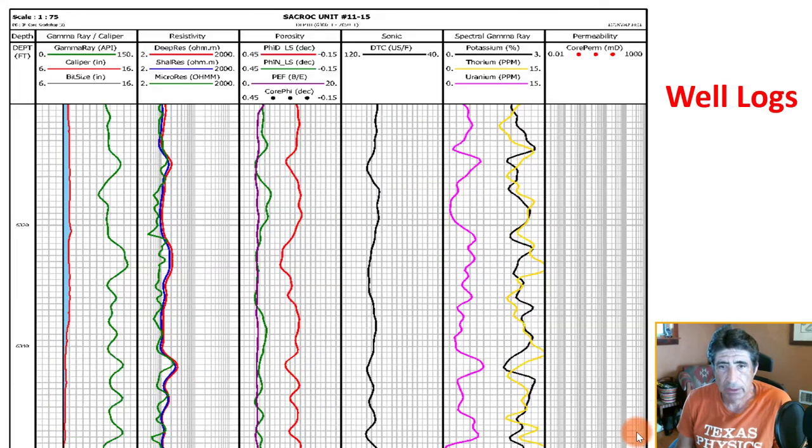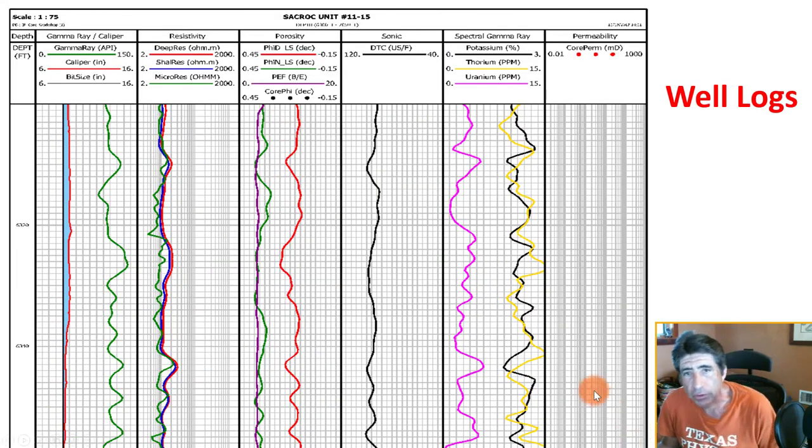of this lecture. The actual logs that we're going to use for these analysis are shown here. Please, this is the SACRAC unit. The depths are given in feet. As I said before, the core and the logs have been properly matched. We have the gamma ray log, the caliper. We also have the deep resistivity log, the shallow resistivity log, and the